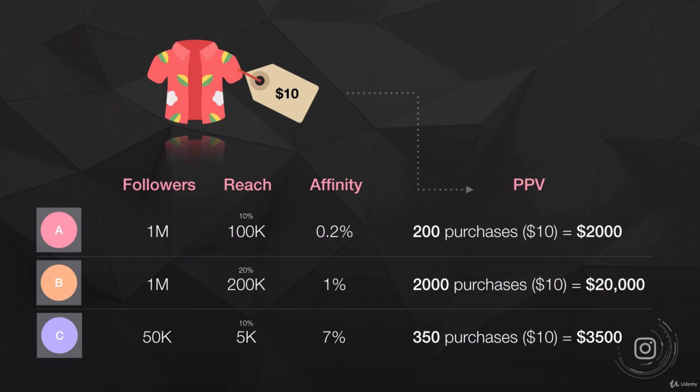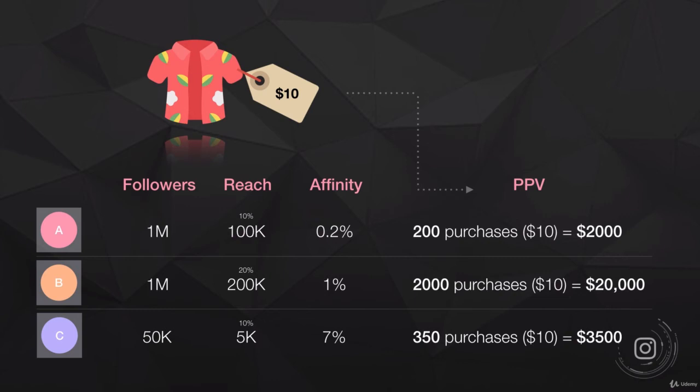Now, inside this course, we're going to teach you how to increase not only your followers, but your reach and your affinity, because we want you to build a very high, valuable Instagram account. So 200,000 people see this post, and their affinity is also much higher. They've used the strategies inside this course to build a strong relationship and a strong affinity with their audience. And instead of 0.2% of people, 1% of people actually purchase, which is actually still pretty low, 1% affinity, which